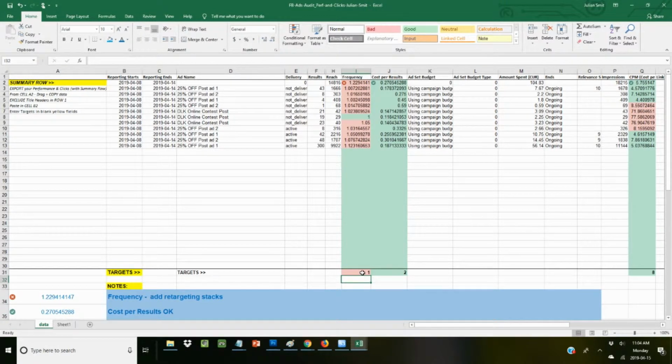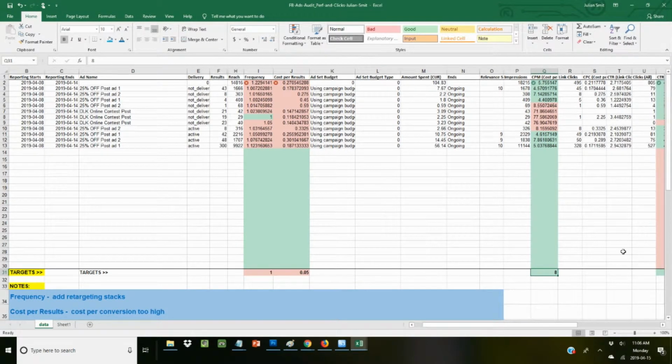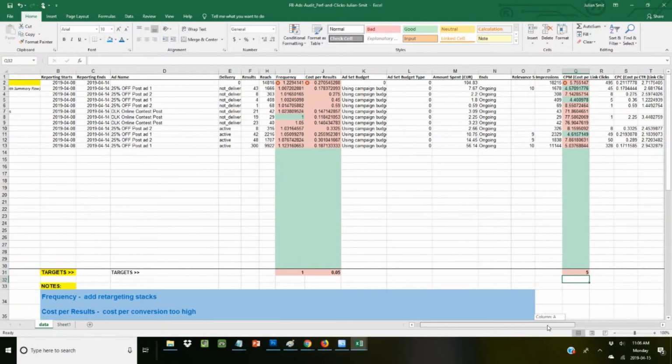So what that means is, okay, let's add a different ad, some different strategy, so that everybody who has seen that ad, now instead of seeing this ad, they're going to be thrown into this retargeting stack and try and view this different ad, this different strategy. And we're going to see whether that one is more effective for them if they haven't taken any action on that retargeting stack. If I were to say that my target was only $5 per 1,000 impressions, and again, that